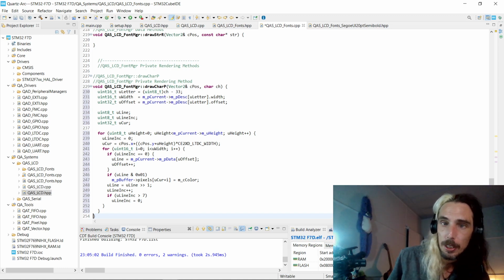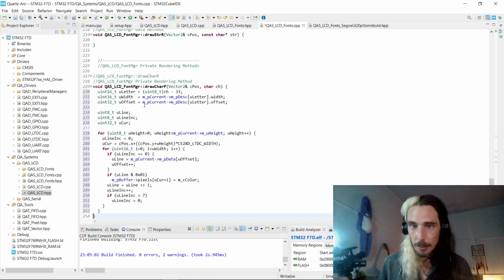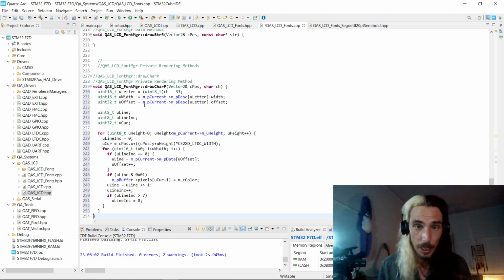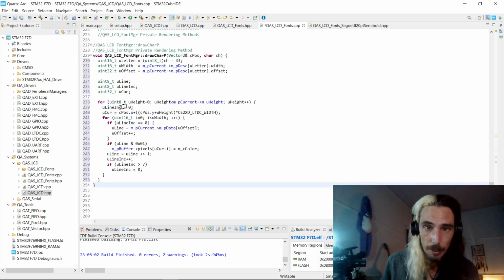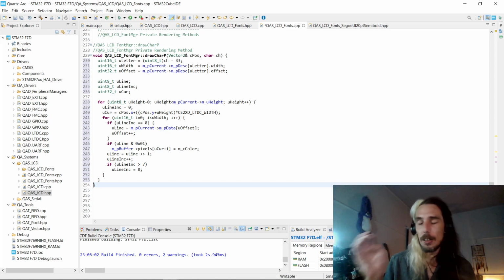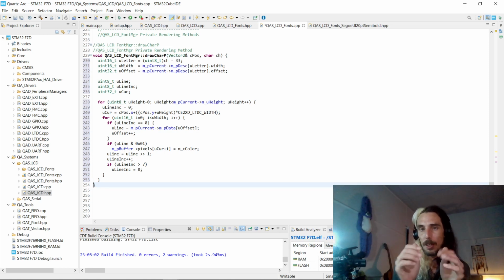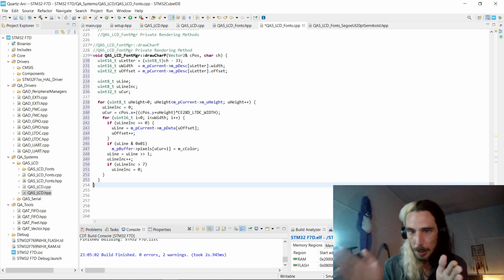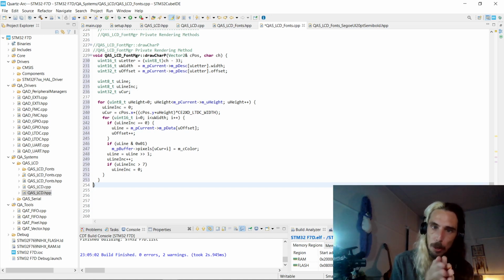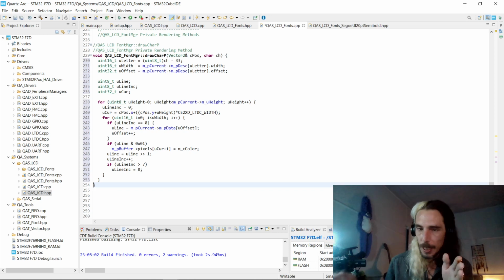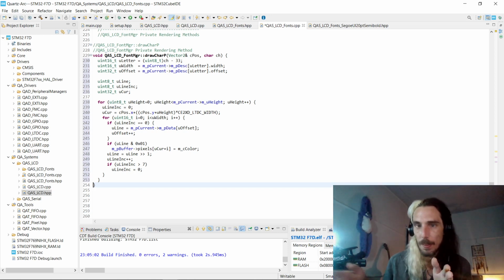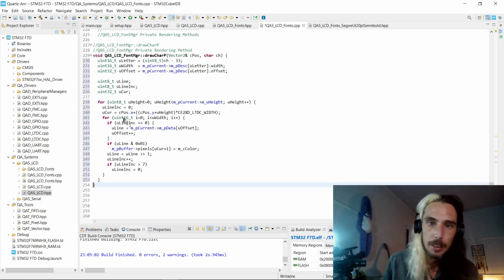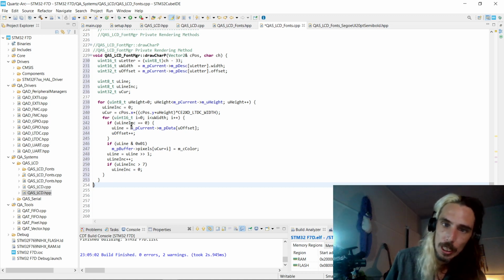It's going to grab the width of that character as well as the offset to get to that character within the actual data, and then it's going to iterate through that data. Again, because there's 1 bit per pixel, for each byte it's got to go through and draw 8 pixels for that particular byte. So I'm not going to go too much into this